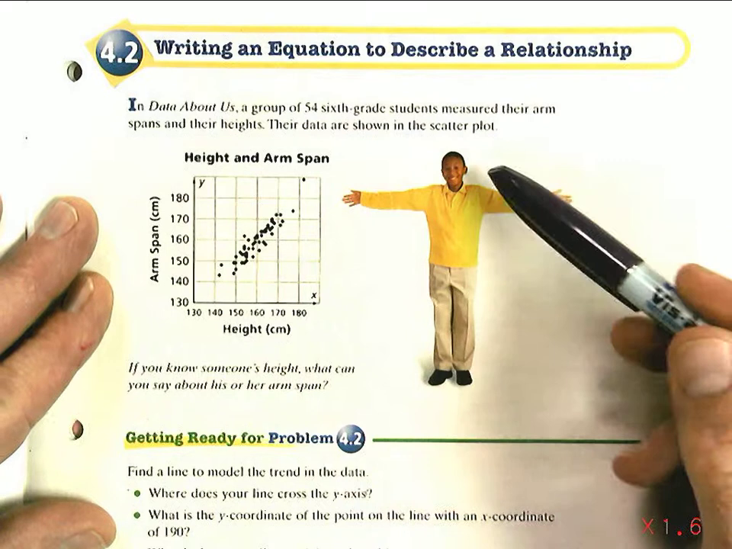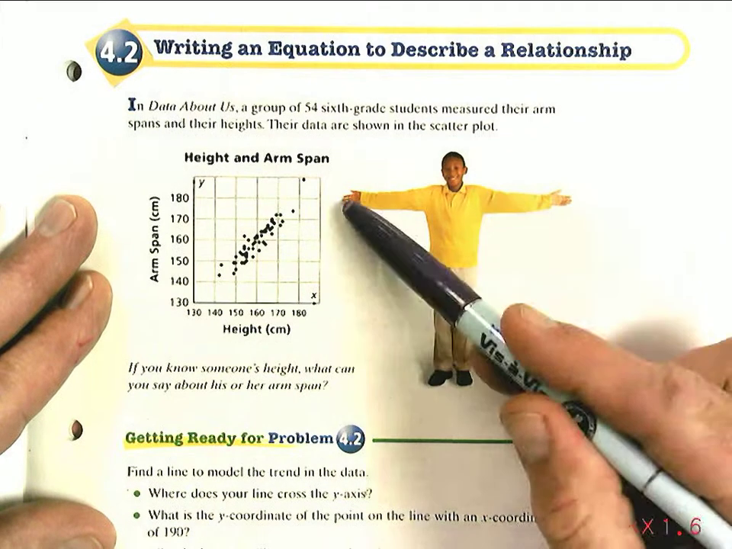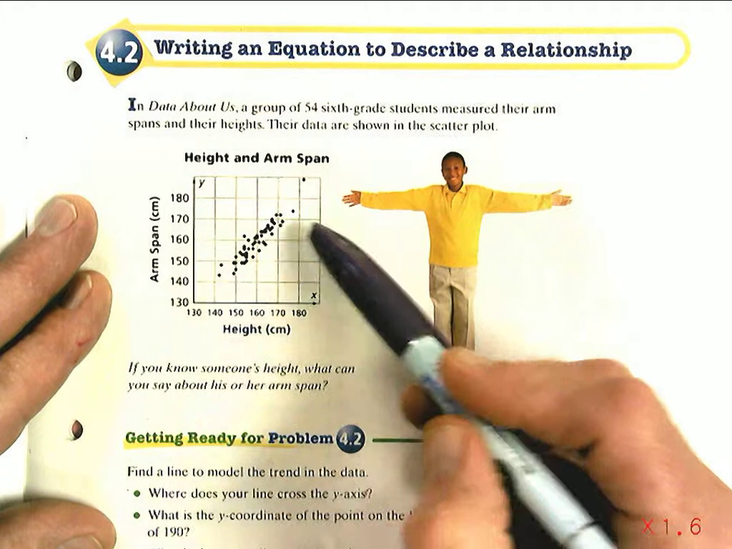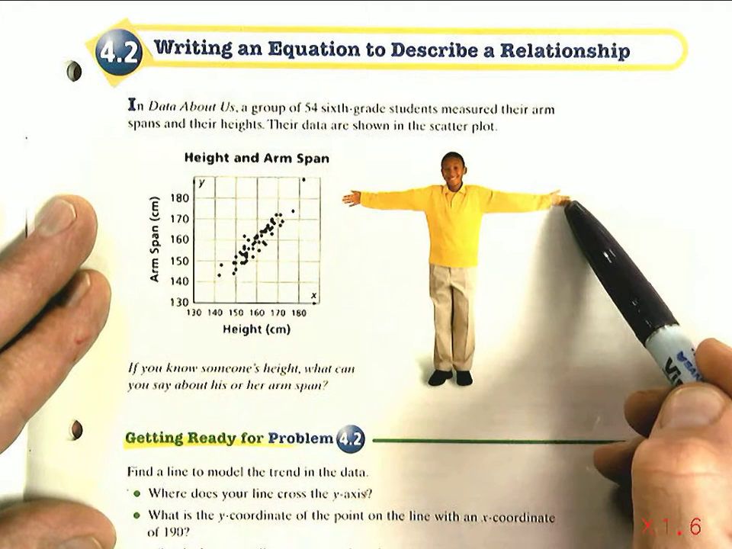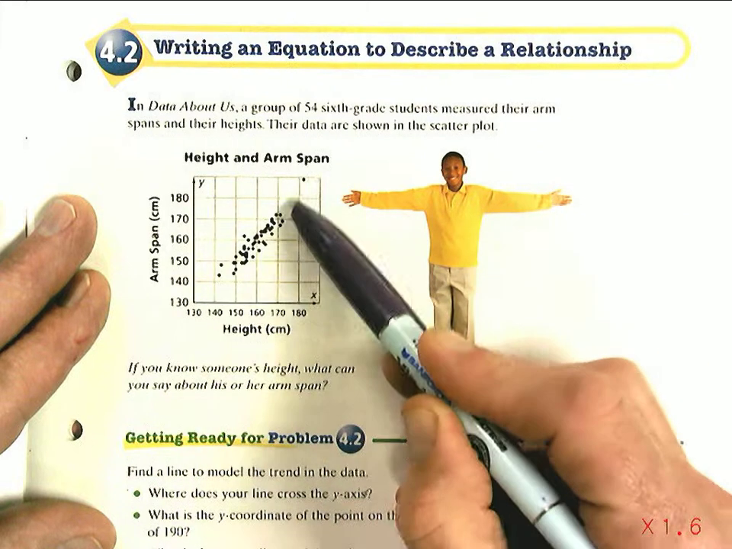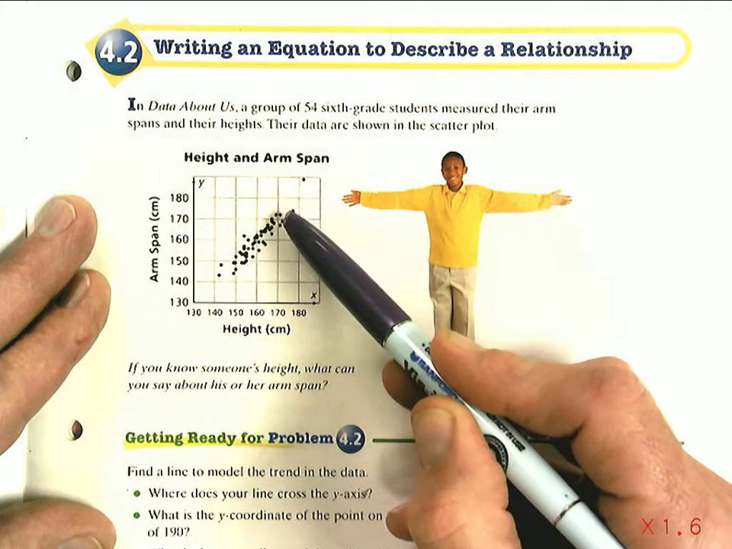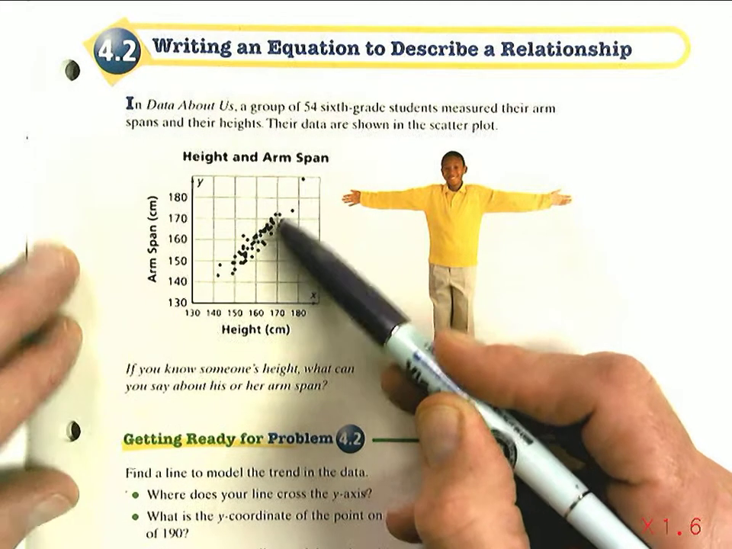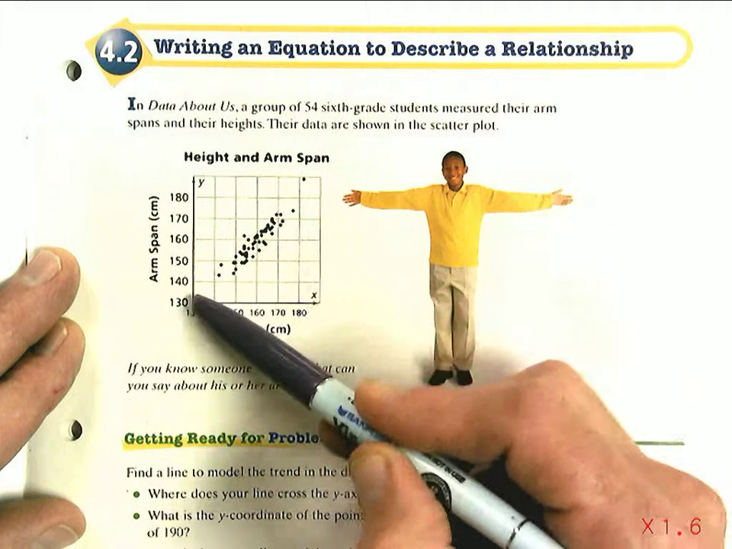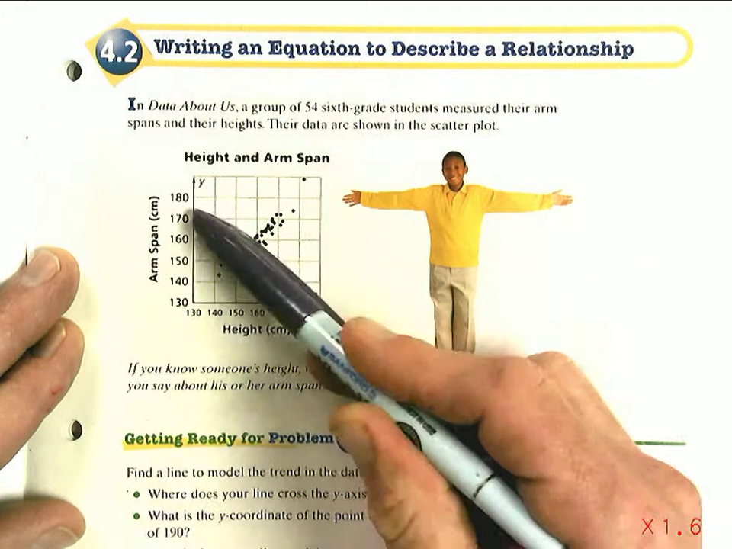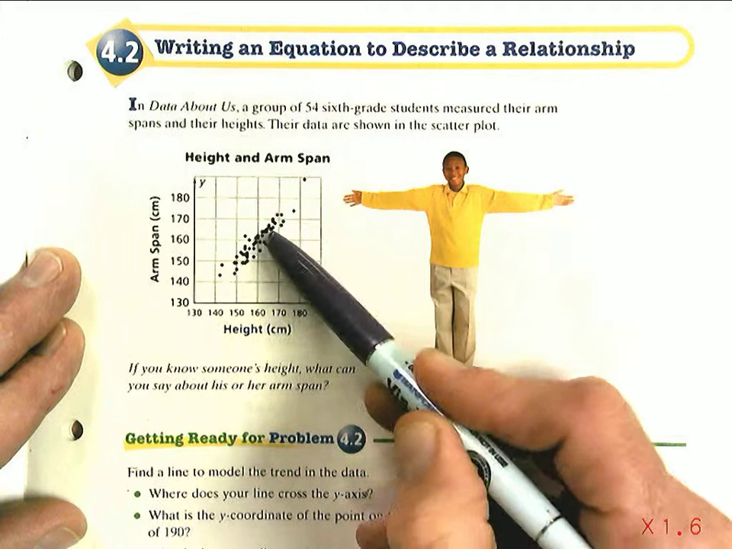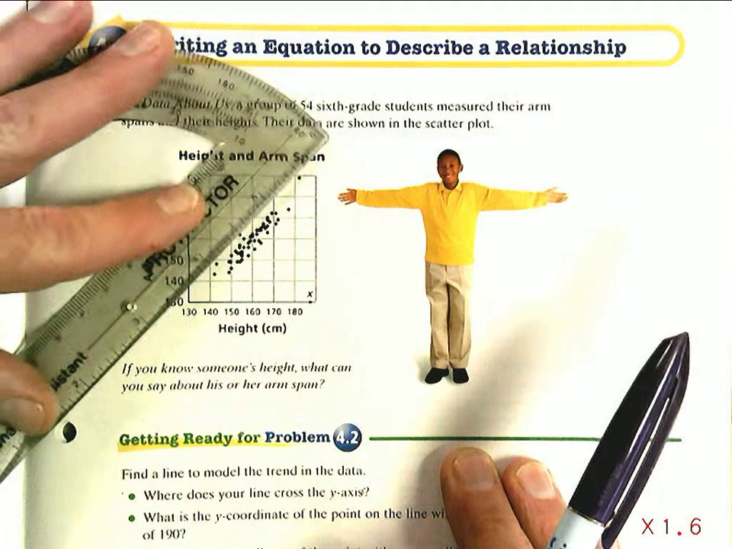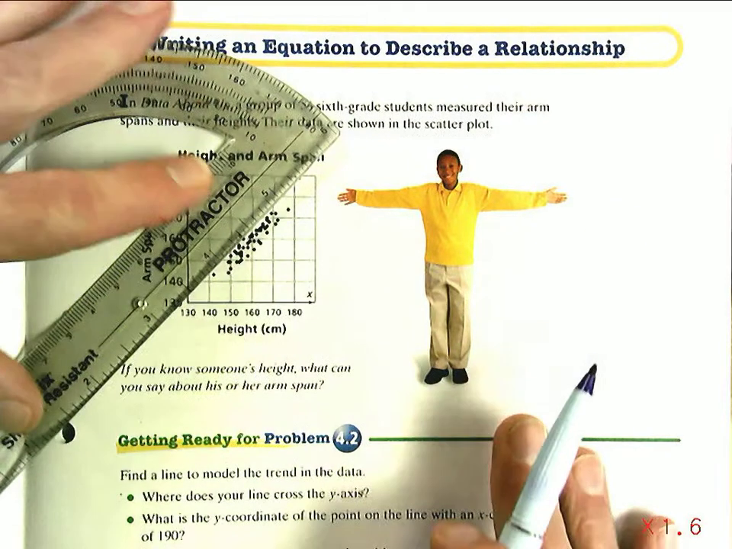Some of you may have actually tried this for yourself and measured your arm span and your height and found that there's a fairly close correlation between those two distances. They're not always exactly the same, but they're fairly close. You can see from this scattered data plot that as the height increases, so does the arm span, and they're fairly equal. So the idea would be that I could actually draw a line through that data,